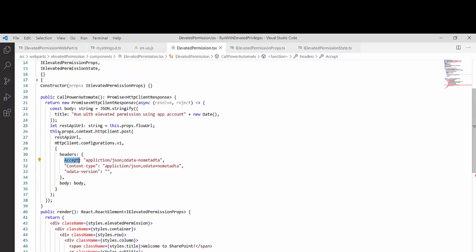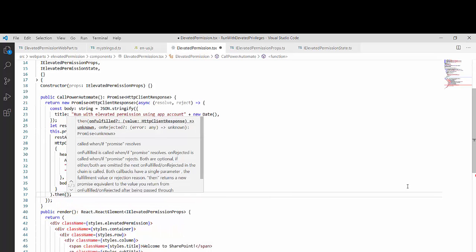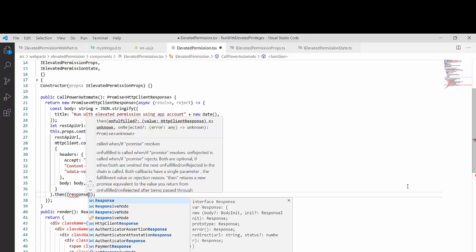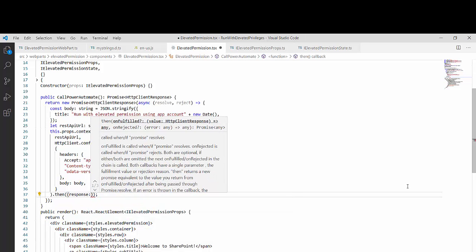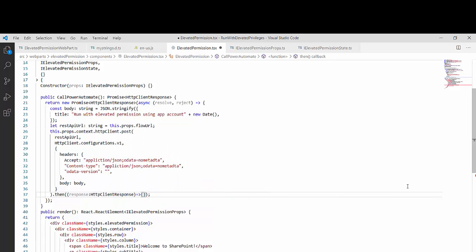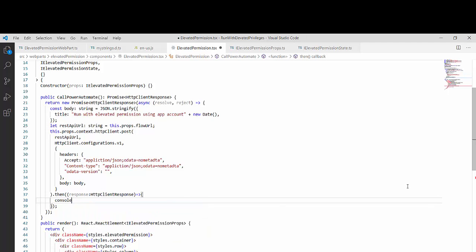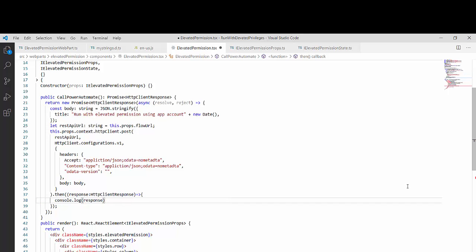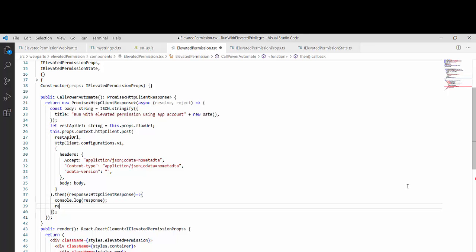Now I will go to the then. What will happen once I get the response from the flow, whether my request is executed successfully or it failed. For that I will use then, and inside this I will use the response. My response type will be HttpClientResponse. I have already imported it at the top. Inside this I will log my response just to see in the browser, and after that I will do response.json.